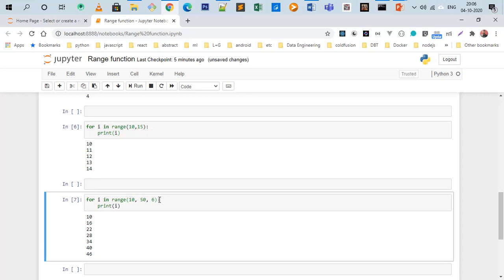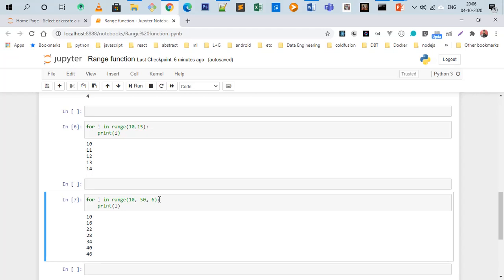Like if you want to start from 0, then you don't need to put the start parameter or more than one parameter. If you want to print out the values from 0 to 20, you just pass 21 and it will automatically produce the output from 0 to 20. If you want to print out something from a customized value, not from 0, like I want to print out the numbers between 10 and 20, I will start the range from 10 and it will go to 21. Then it will print 10, 11, 12, 13, 14, 15, 16, 17, 18, 19, 20.